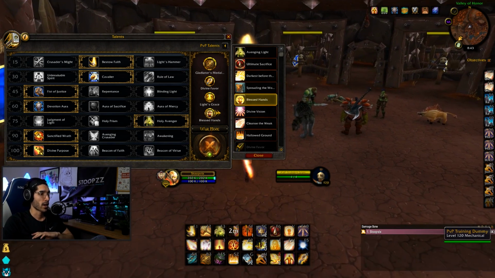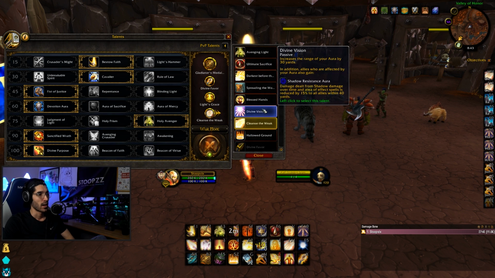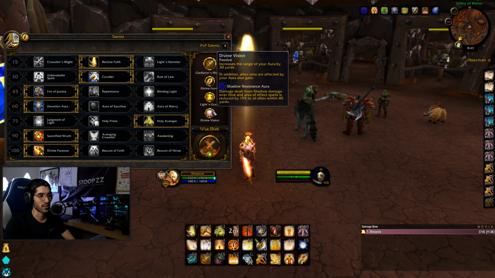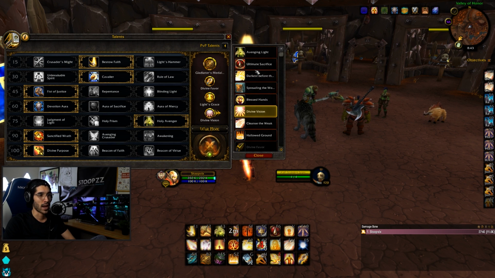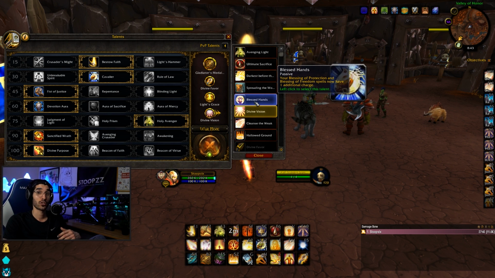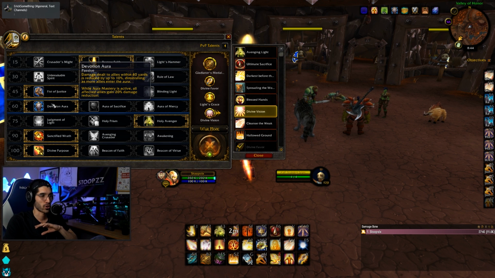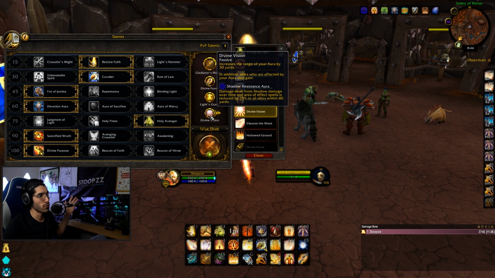Also, let me quickly talk about Cleanse the Weak and Divine Vision. When fighting against a Shadow Priest, you definitely want to take at least Divine Vision. You can swap that out for your Blessed Hands when fighting against the Shadow Priest, because BOP's not going to do too much for you there. But Divine Vision is going to increase the range of your Devotion Aura, so they'll be taking less damage. It gives you 15%